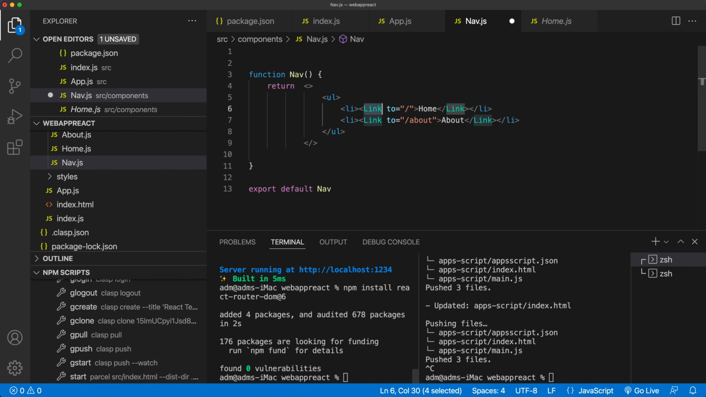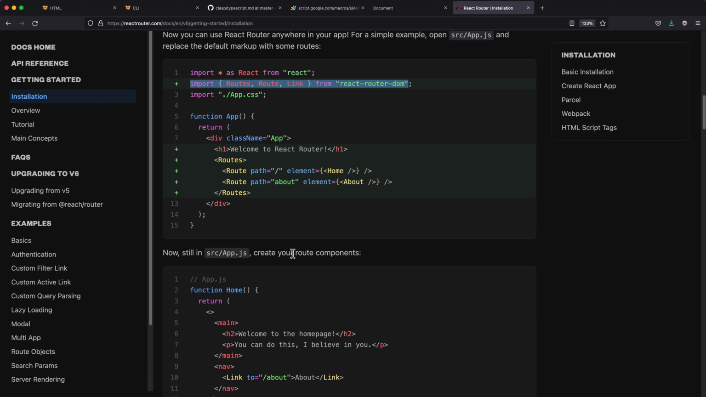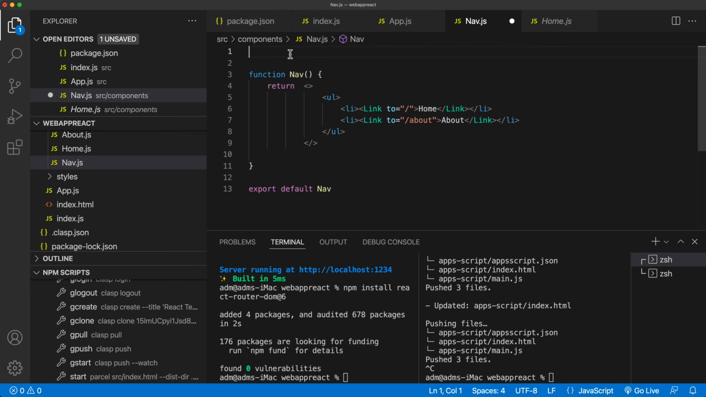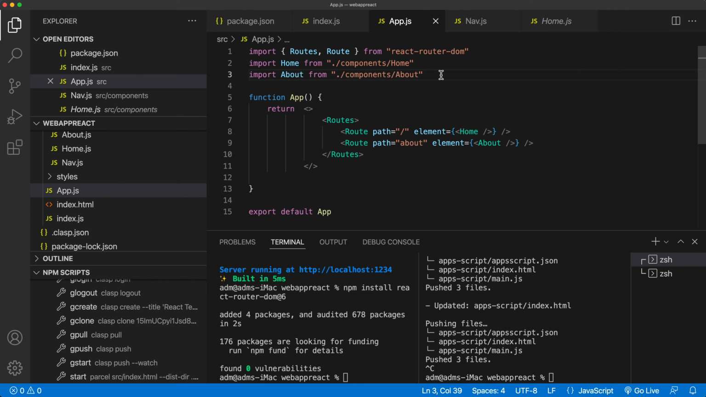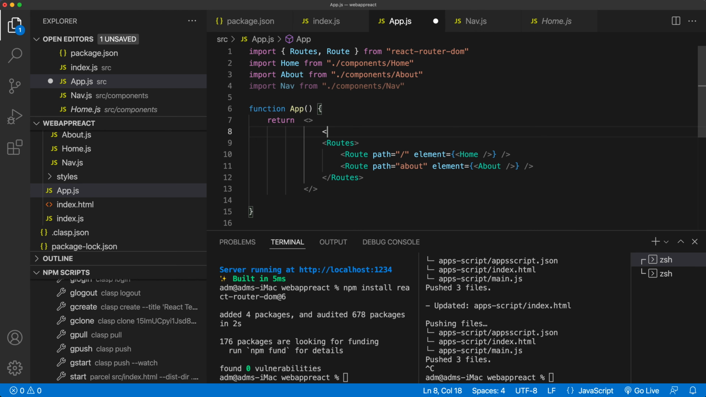So I need this link import. Which I just did. So finally, let's just put this nav in our file here and see if this whole thing works. And if it works, we're pretty much done. So nav, and finally, we're going to put that navigation above here. Save this. So finally, now I'll run my